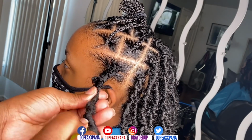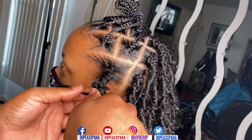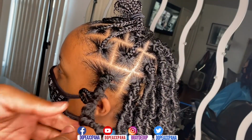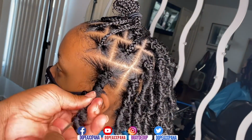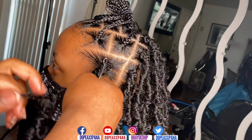The tricky part about this is that when you are braiding your client's natural hair, you need to make sure that those braids aren't super thick, because if they are, then it's going to be extremely challenging to pull your client's hair through the lock. So on this particular lock, I had a hard time pulling it through a little bit. So you just want to make sure that if your braids are proportioned correctly, it will be easier to pull